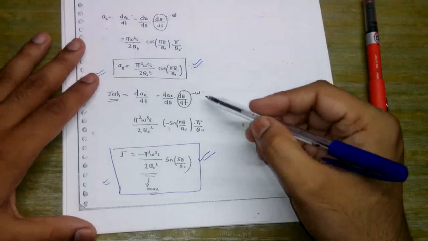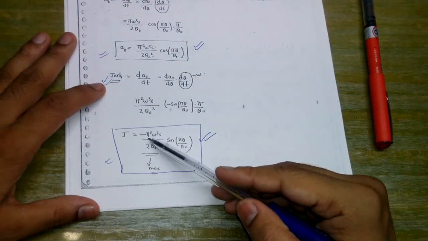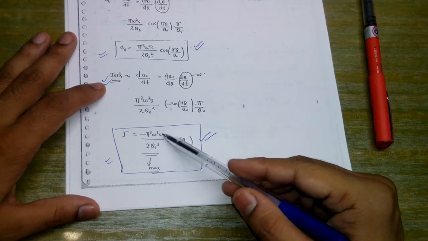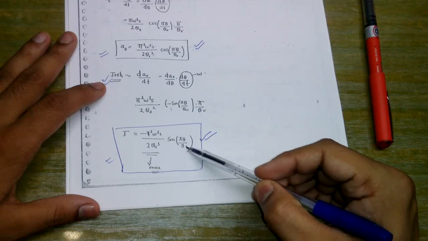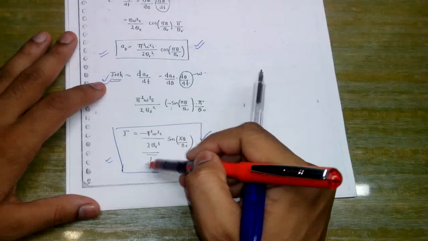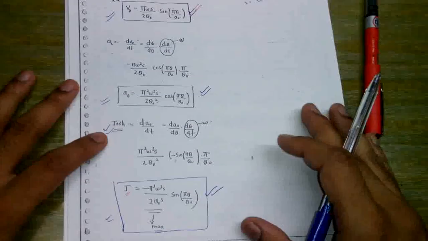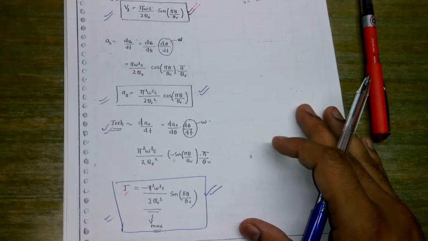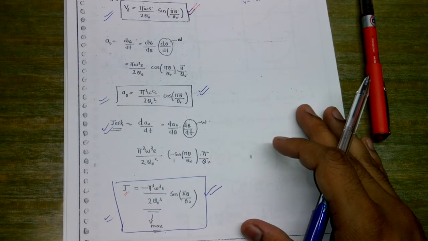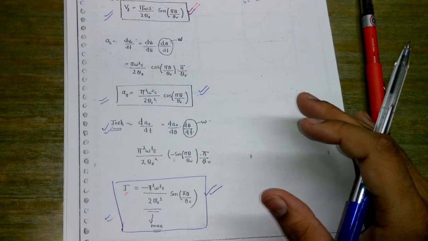Now the third derivative would give us the jerk, and the jerk can be simply written as minus pi cube omega cube s upon 2 theta naught cube sine pi theta upon theta naught, and this is actually the maximum value of jerk. We only have to remember these formulas, which are very important, but I am not expecting any question to come from this section, but the question can mainly be asked from the section of classification